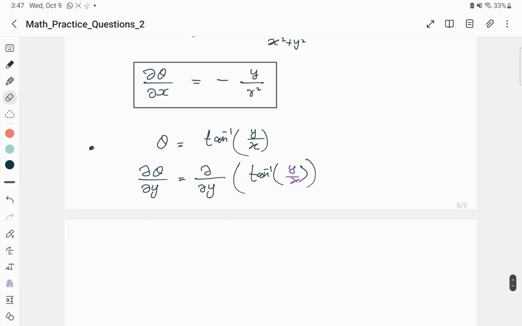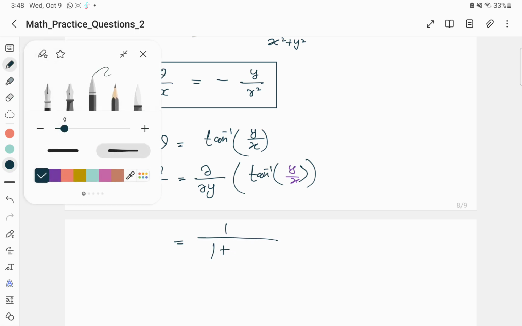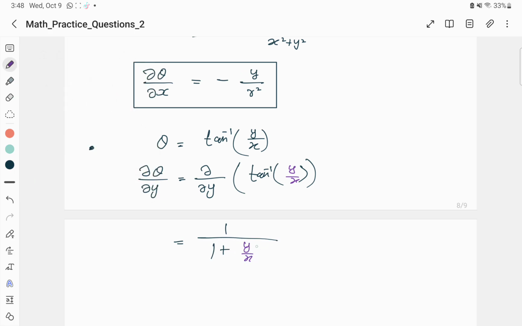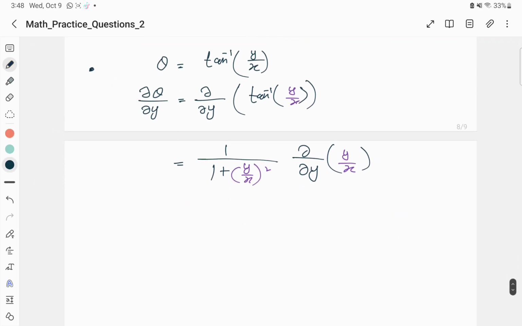So the derivative of tangent inverse of u, we know, is equal to 1 over 1 plus u squared, and in the place of u we have y over x, squared, and then we have to multiply with the derivative of u, but this time with respect to y, because it is being differentiated with respect to y. So on the place of u we have y over x. So this will become 1 over 1 plus y squared over x squared, keeping in mind that this time y is the main variable